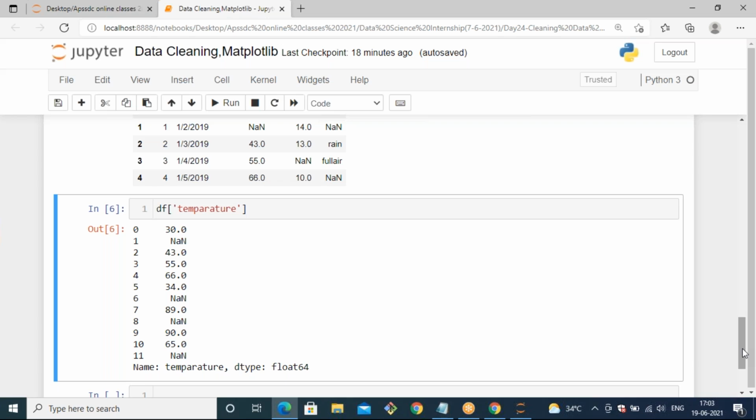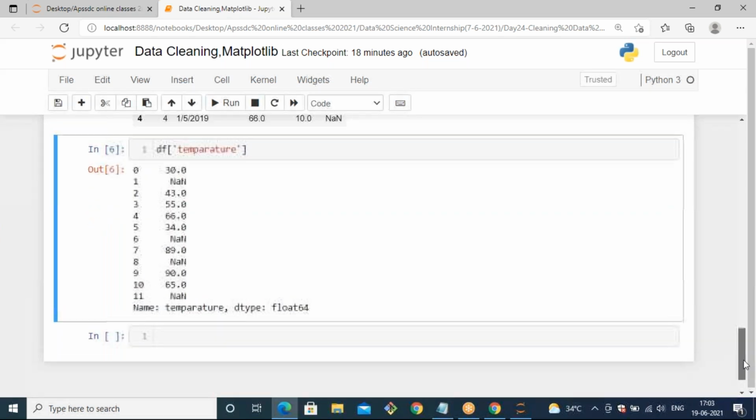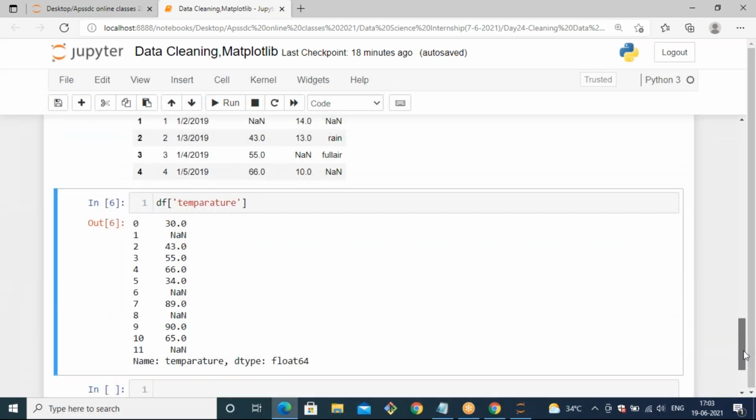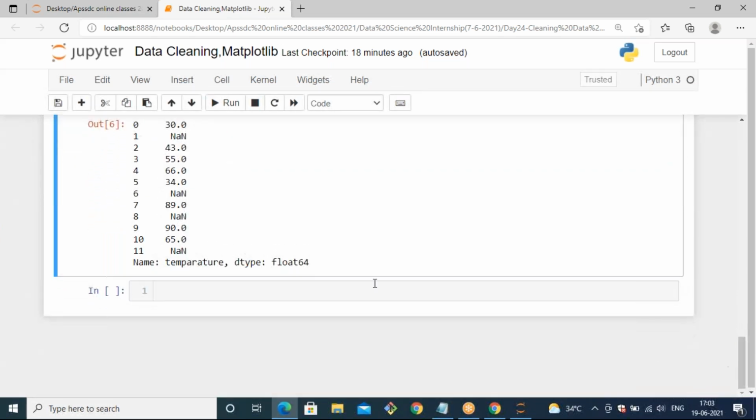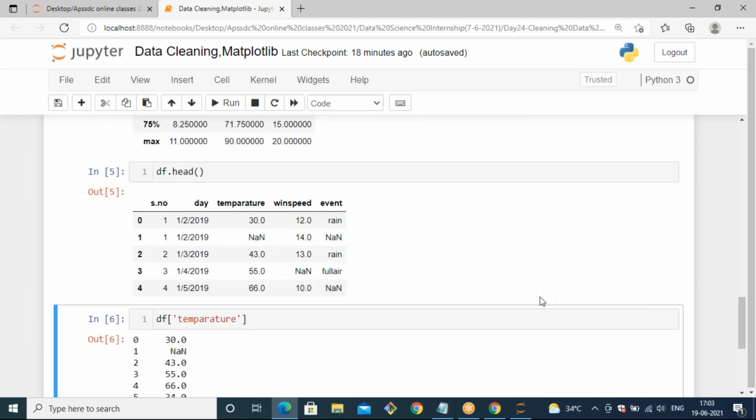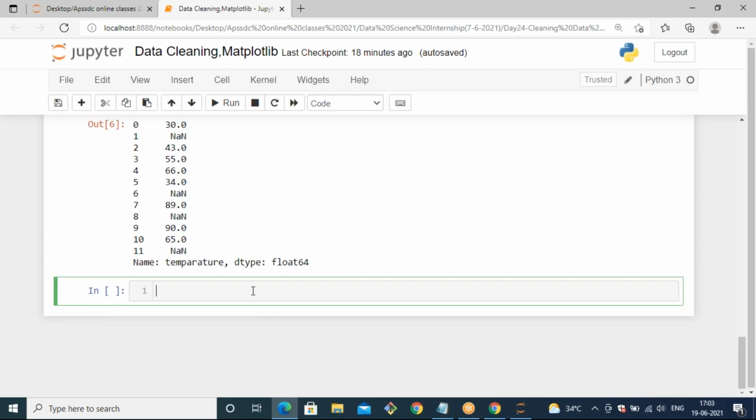In that case, we don't need to calculate it manually, right? We cannot find the count manually. So we can use one method to find the count of particular values inside a column. Now let's see how to find the count of particular values. For that, initially we need to get that column and then make a dot, and we can call a method like values.